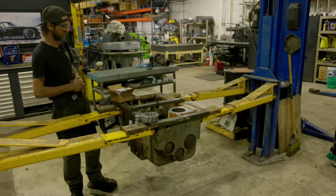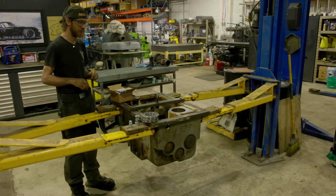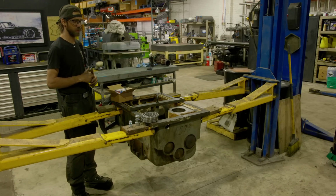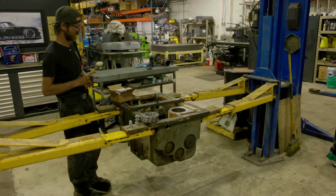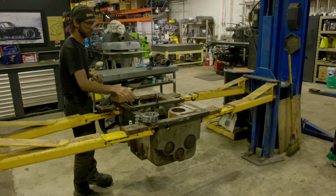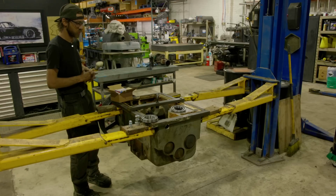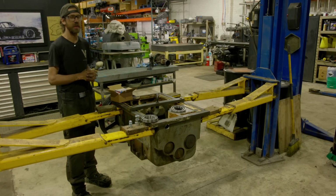Now in terms of bearings, I've been waiting a couple weeks and I got all my bearings and my seals in. I'm not going to give you a step-by-step on replacing them just because we're trying to keep this video reasonably short. I'm sure it'll be long anyway, but we're going to be replacing all the bearings we talked about. Most of these bearings that are facing up will get changed. I have some new seals, so I'll give you a brief walkthrough of changing that,